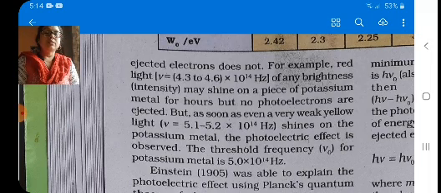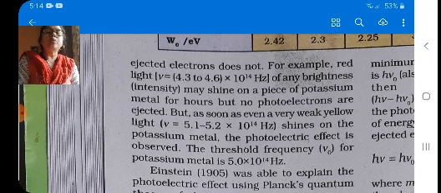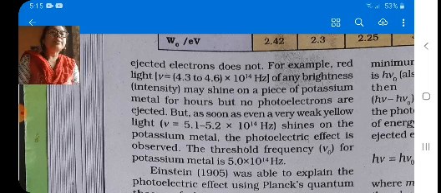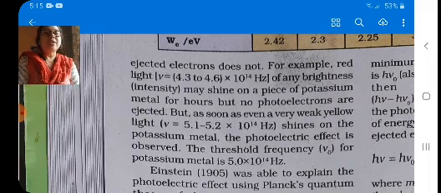Red light has a frequency of 4.3 to 4.6 × 10^14 hertz, of any brightness. Brightness means intensity of light, so the intensity could be any. It may be shone on a piece of potassium metal, but no photoelectrons are ejected. Understood? Means if red light is focused on the potassium metal,